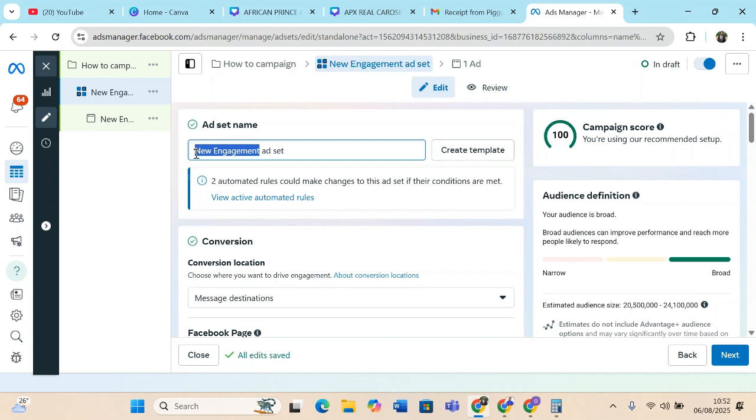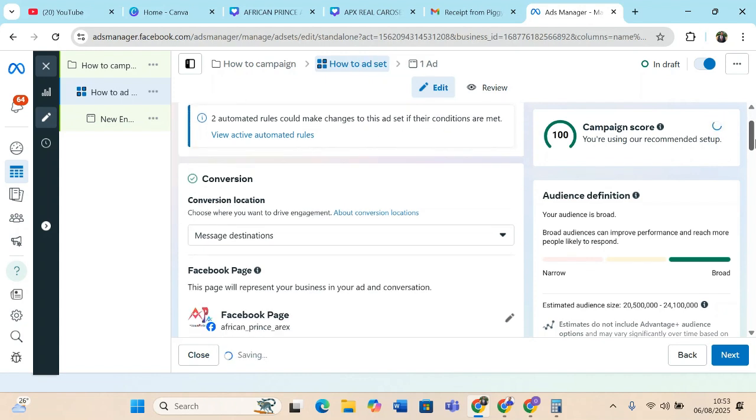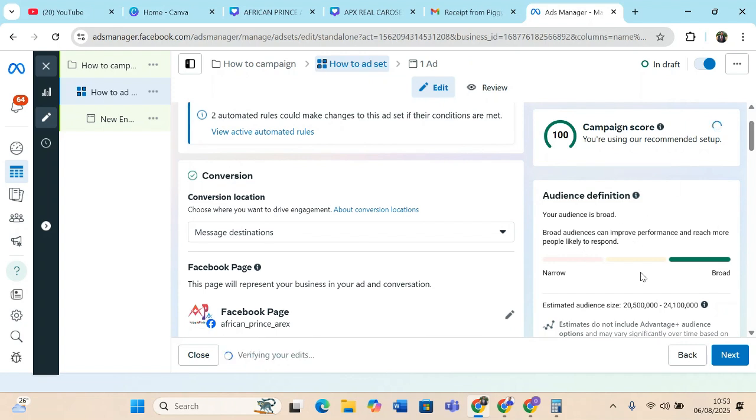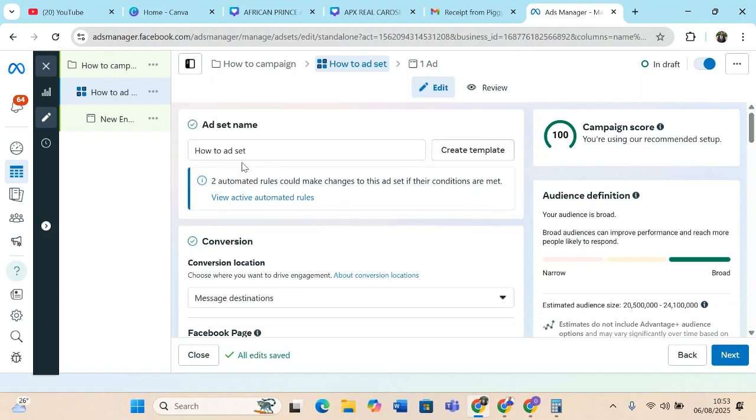So in this ad set, just put in the name of the ad set that you want. Let me just put "how to ad set". Because they are going to be telling you how everything is going to be looking at the second end here. So now, the first thing here you can see is